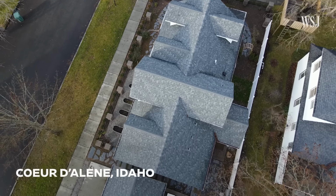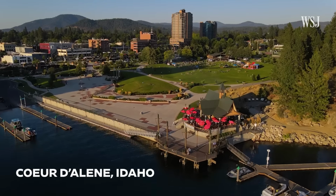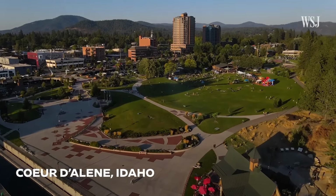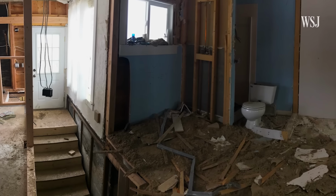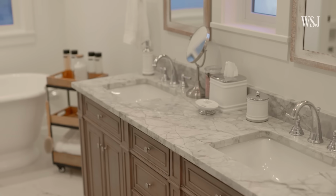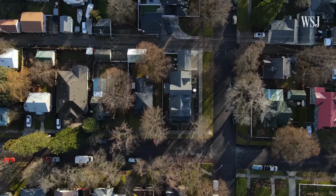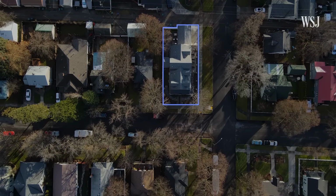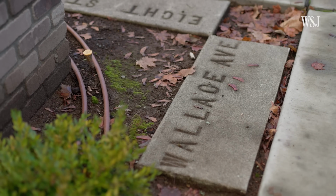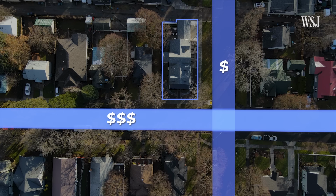6 years ago, two renovators purchased this home in Coeur d'Alene, Idaho, a lakeside destination with a competitive market for second homes and vacation Airbnbs. It's been completely remodeled. 4 bedrooms, 3.5 baths. It is over 3,200 square feet. The first renovation, which changed the address, brought this home amongst more expensive competition. We did back that up with data of homes sold on 8th versus the streets like Wallace,